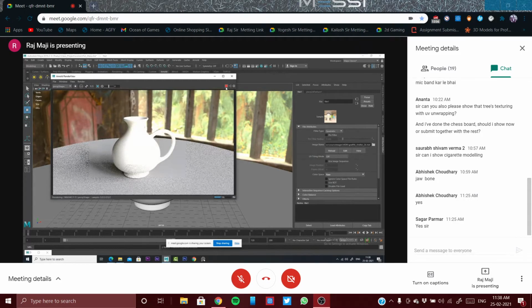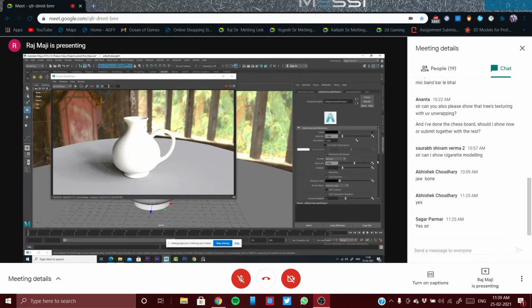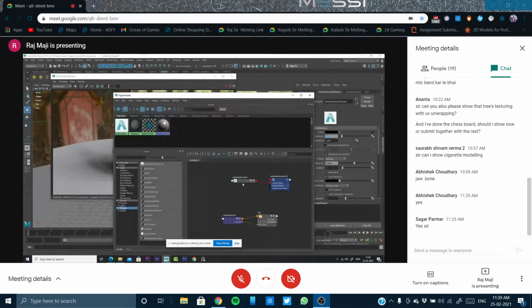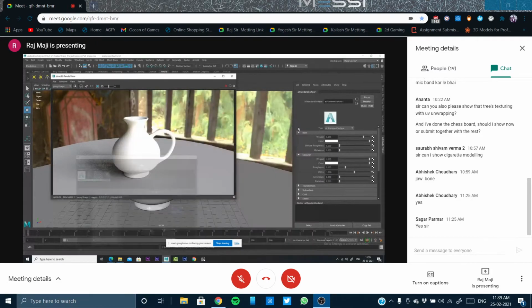Okay, you can see it is getting the light from the background, and I think intensity is a little bit too much, so let's make it 0.7. Very harsh light coming, but anyway, that can be because of the white color.